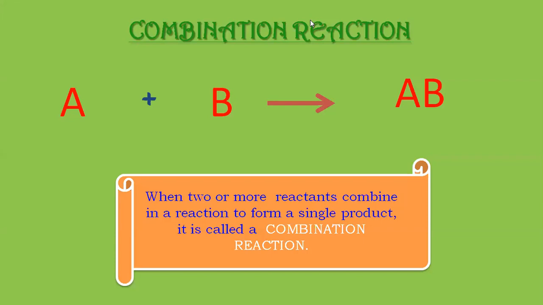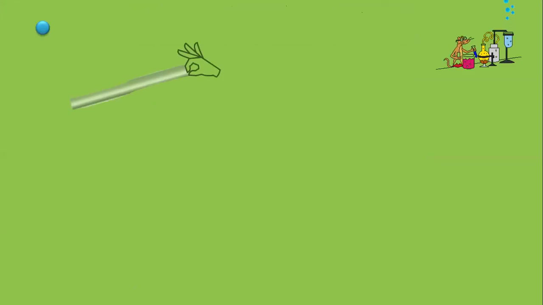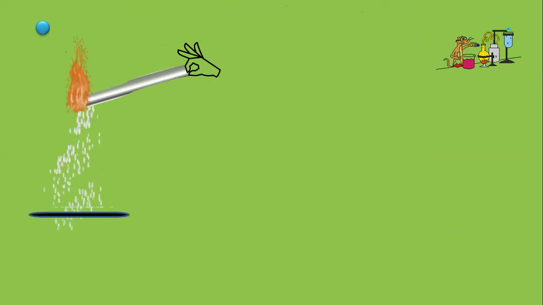Now you might be feeling, man, this is such a simple equation, then why is there a need to repeat so much? So let us try to understand the examples which are given to us. One common example which we've been repeating continuously is that of the magnesium ribbon. Remember, we had taken magnesium ribbon, burnt it in the presence of oxygen, and got a white colored powder of magnesium oxide.